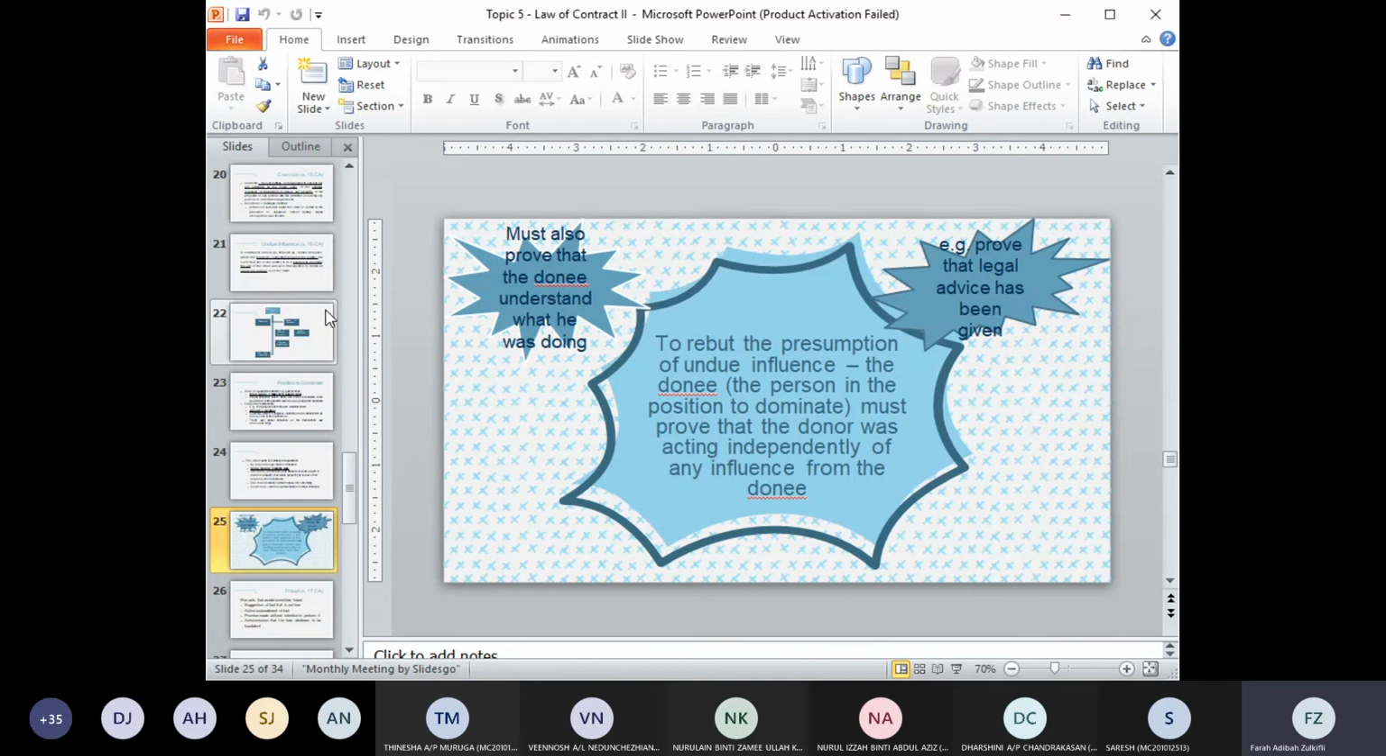How to rebut the presumption of undue influence? How to tell the court that yes, we have a relationship and I am in a position to dominate the will of my son, but there is no undue influence in our contract. So how to rebut the presumption of undue influence? The person who is in the position to dominate, in this situation the father, must prove to the court that the son was acting independently of any influence from the donee. So he must tell the court that yes, we are in a relationship and yes, I am in a position